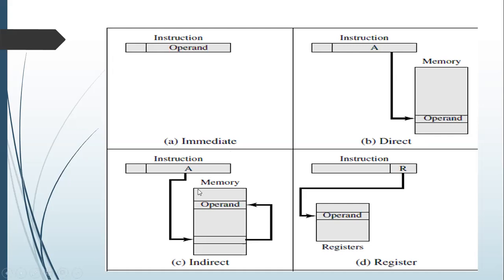Now let's talk about indirect addressing mode. Here you just have to remember: address of address. Earlier this was the operand's address; here you have the address's address. So this will specify the address of the location where the actual address of your operand is stored. Please don't get confused. This is the address of